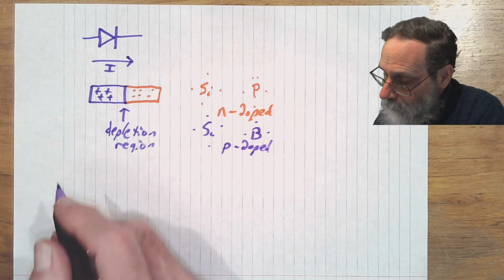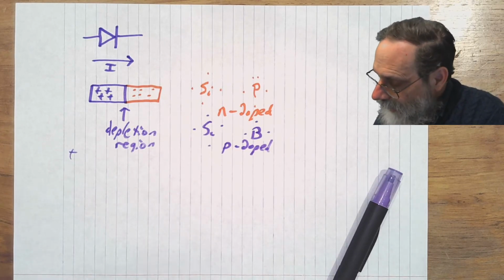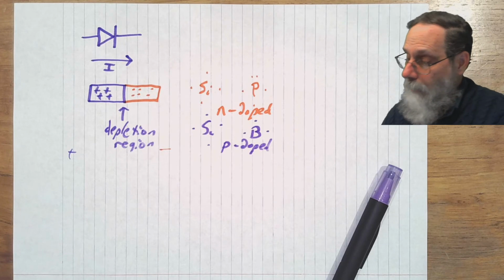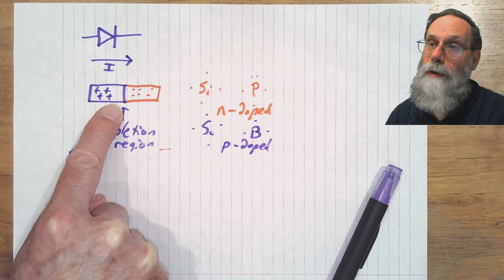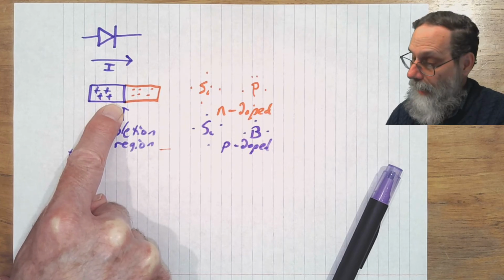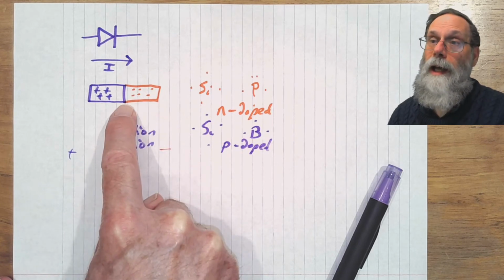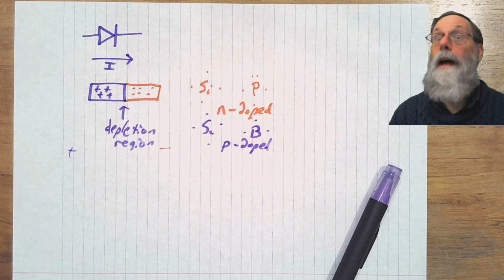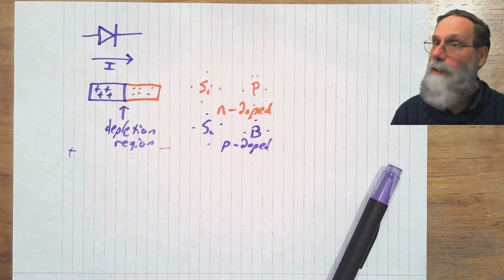If you put a positive one on this side and a negative one on this side, well, the positive is going to push the holes towards the other side, and a negative one on this side is going to push the electrons towards the other side, and that's going to shrink the depletion region. And if you get the voltage up high enough, you shrink that depletion region down to 0, and you get conduction. There's charge carriers crossing the depletion region, and you